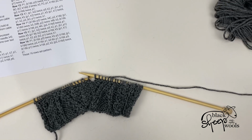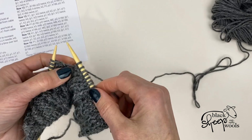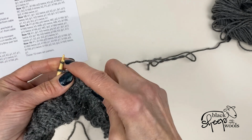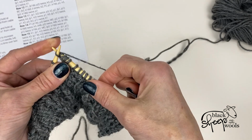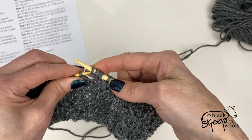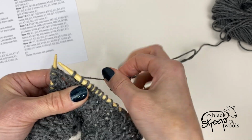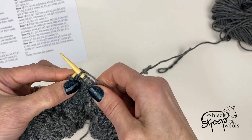So now I'm at the point in the pattern where I want to make a bobble. So we are going to knit, and then it says knit through the back loop, and then knit again into the front, and then go and knit into the back of the same stitch. So from one stitch we now have these 4 stitches. Then we're going to pass them back one at a time to the left hand needle, and then we're going to knit them again. To pull the yarn and knit 1,